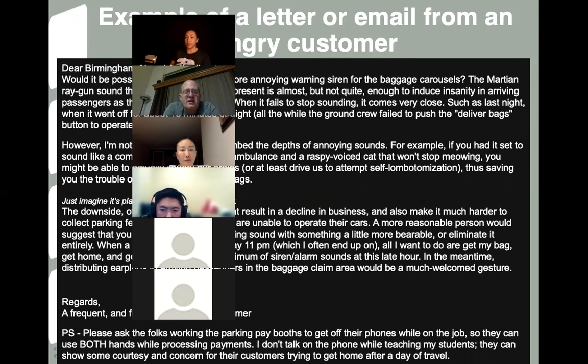The Martian ray gun sound you've installed at present is almost, but not quite, enough to induce sanity in arriving passengers as they wait for their luggage. When it fails to stop sounding, it comes very close, such as last night when it went off for about 15 minutes straight. All the while, the ground crew failed to push the deliver bags button to operate the conveyor.